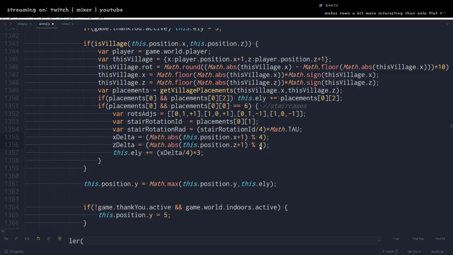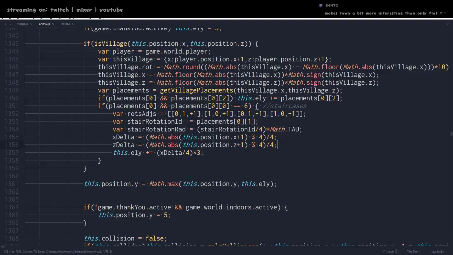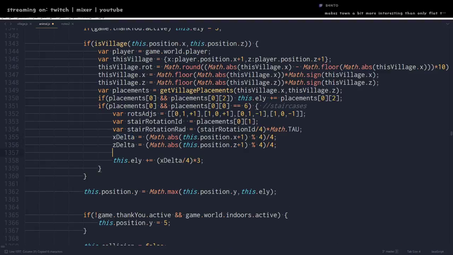And then we probably want to normalize this. There's a couple ways we can normalize this. We could just divide it by 4, but we could also do mod 1 and divide this by 4 earlier. It doesn't make much of a difference. Okay, this would be our normalized value. I'm going to make another line for the rotation adjusts. So then for rotation adjust, it would be